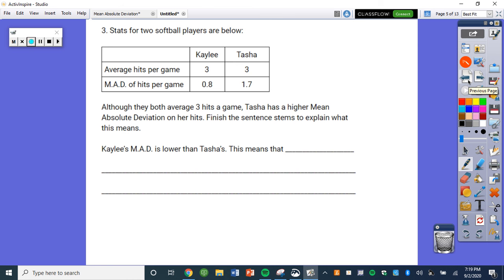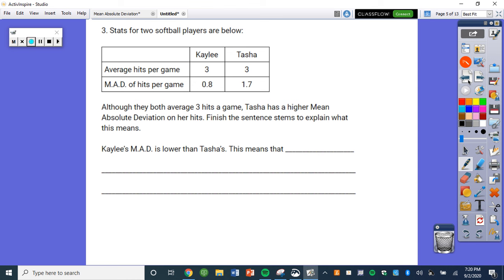Number 3. Stats for 2 softball players are below. So Kaylee and Tasha, their average hits per game are the same. They're 3. But their mean absolute deviation per game is different. Kaylee's mean absolute deviation is 8/10, and then Tasha's is 1 7/10. So although they both average 3 hits a game, Tasha has a higher mean absolute deviation on her hits. Finish the sentence stems to explain what this means. Kaylee's mean absolute deviation is lower than